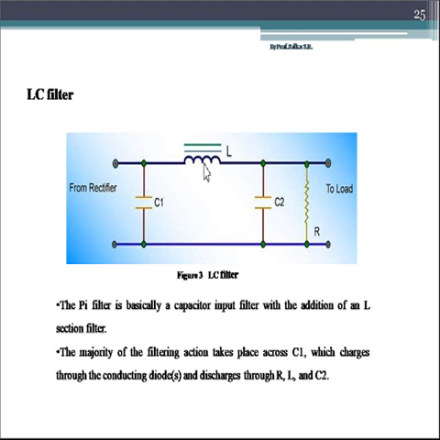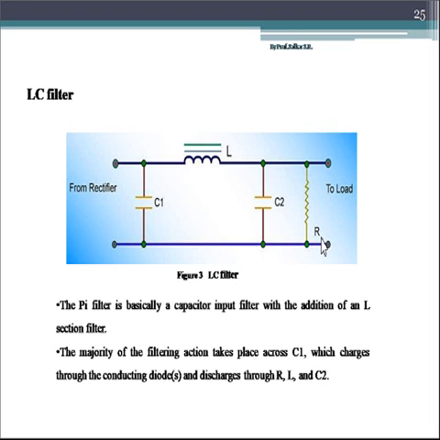The basic property of the inductor we have just seen: the inductor bypasses the DC signal and blocks the AC. So the inductor takes the DC signal and gives it to the capacitor C2. Now capacitor C2 again blocks that DC signal and passes the AC signal to the ground, and the DC signal blocked by the capacitor C2 is used while discharging and is given to the load R.